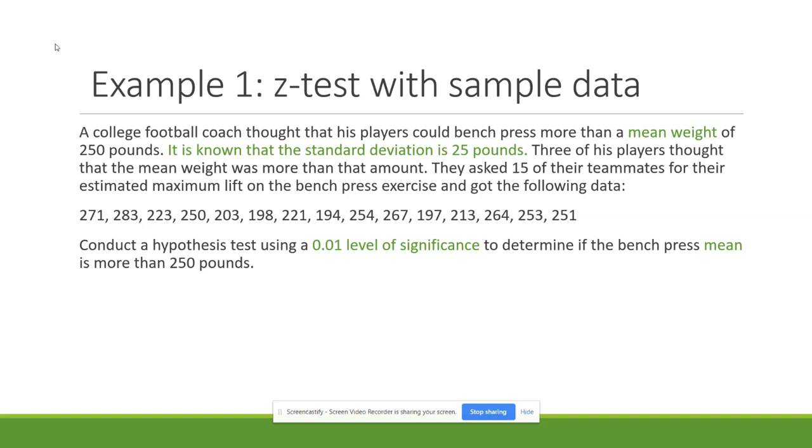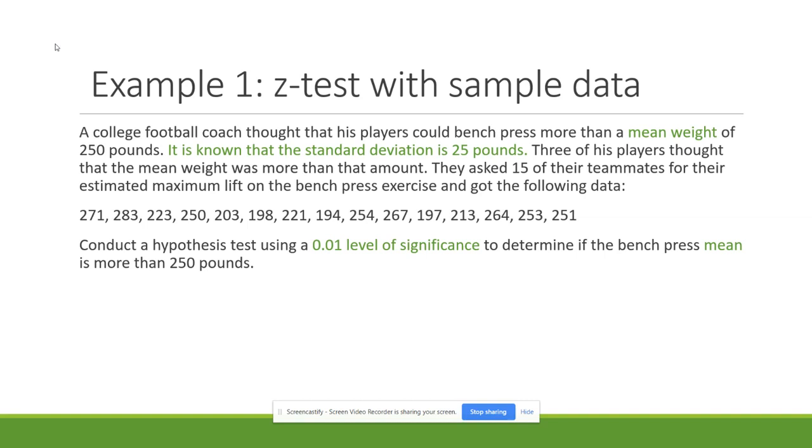So, a football coach thought that his players could bench press more than a mean weight of 250 pounds. It is known that the standard deviation is 25 pounds. The players thought that the mean weight was more than that, too. They asked 15 of their teammates for their estimated max lift on the bench press exercises and got the following data. Conduct a hypothesis test at the 0.01 level of significance to determine if the mean bench press is more